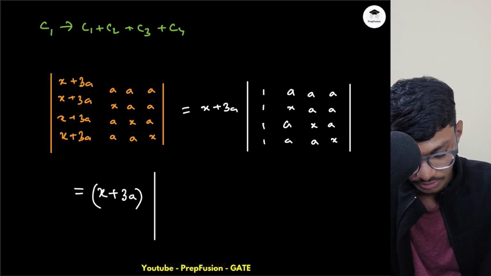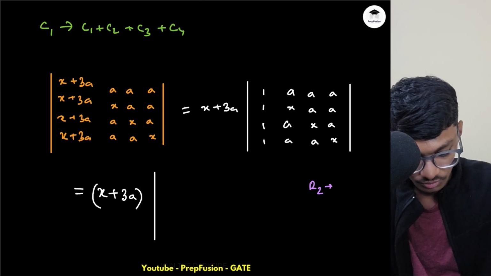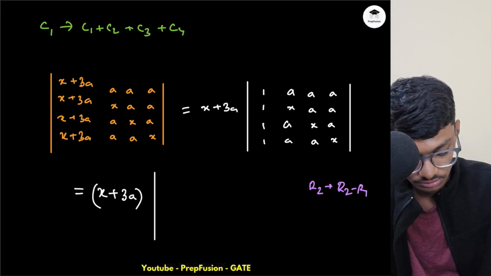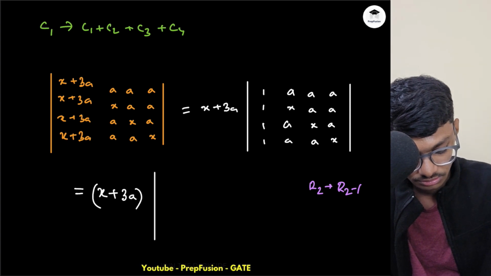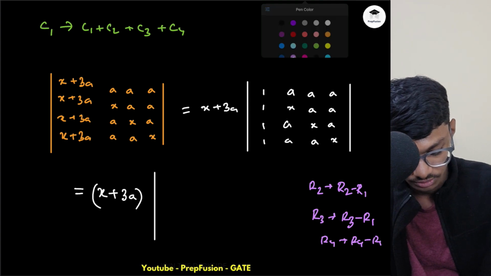So now what I can do is these operations, right? I change row 2 to row 2 minus row 1, row 3 to row 3 minus row 1, and row 4 to row 4 minus row 1. Okay,